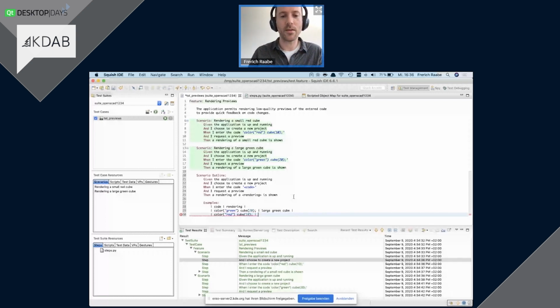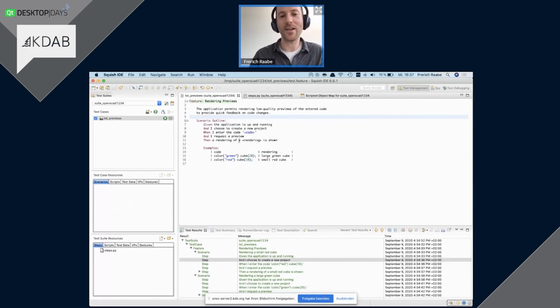Okay. Let's align these pipe symbols a little so that it's easier to see that we are just setting up a little table. This table, by the way, doesn't need to be defined in this file. It could also be stored in the external spreadsheet and then included into this file. So now I replace these 2 scenarios with just one scenario outline. And when running the scenario outline, all the steps will be repeated for each of the lines in my examples table. Let's give it a try.